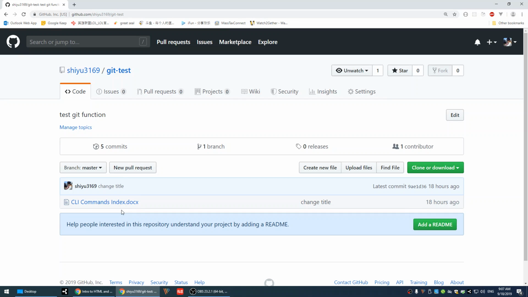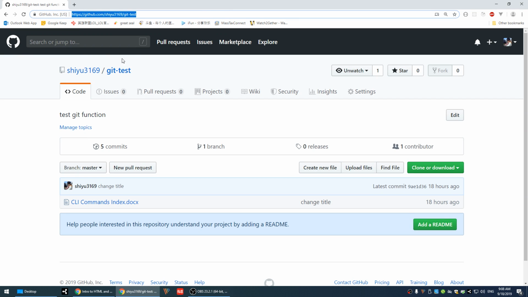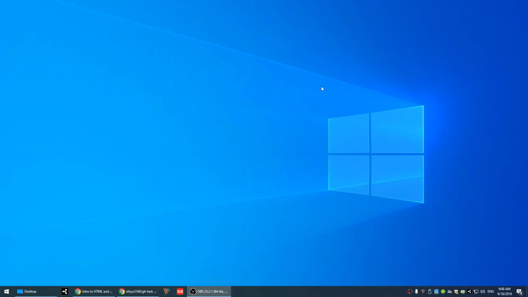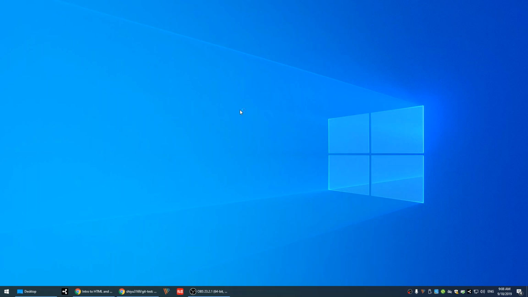So following the steps I wrote on the whiteboard, we need to firstly copy the URL address on the top, right here. On the top here, just highlight it and copy it. And next step is we go back to our desktop, right click here, choosing the git bash here, right? Choose git bash here,